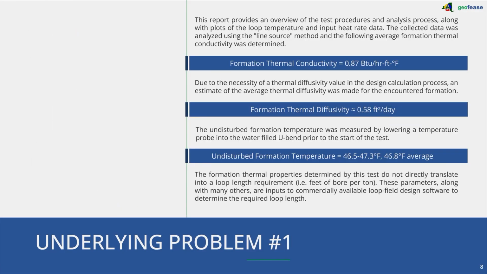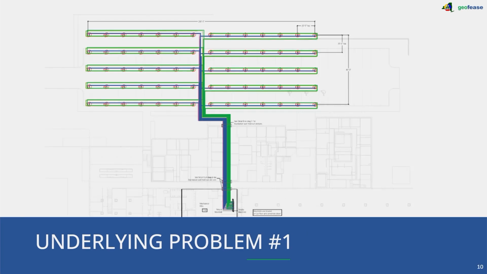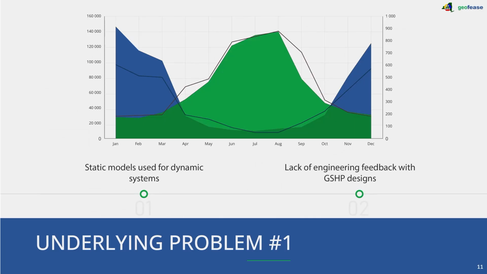You try and understand the thermal properties of the formation. You do your ground heat exchanger sizing with your favorite sizing software, whether that's GLHEPro, LoopLink, GLD, maybe TRNSYS. You develop your AutoCAD drawings, and away you go. But again, that underlying foundation of your design is that building energy model. That's what you input into your ground heat exchanger sizing software, and it's a static model used for these dynamic systems. And then on top of that, there's a general lack of feedback for engineers with ground source heat pump